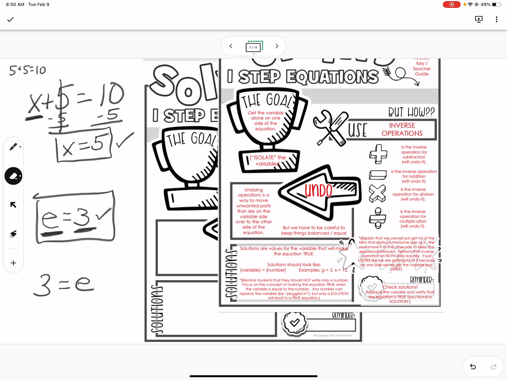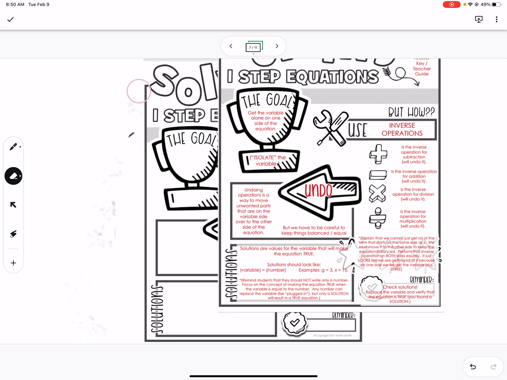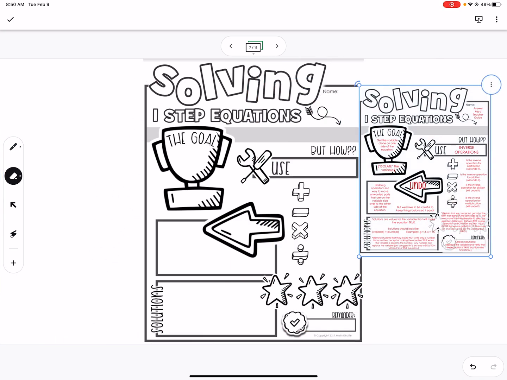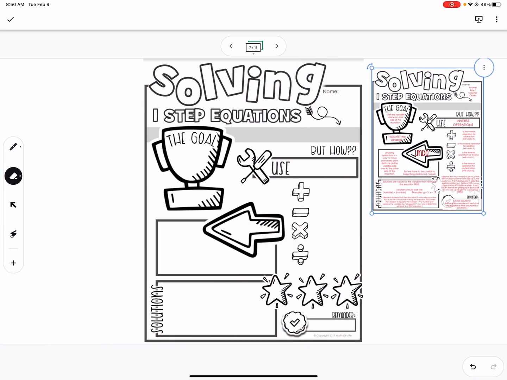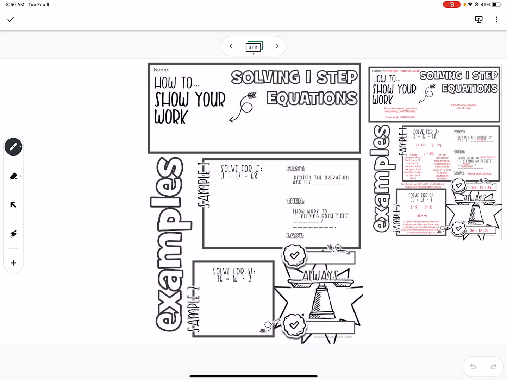So again, you won't see this part right here because I'm going to erase it in case you want to write some notes. But I'm going to pull that back down. Again, this can be moved. Can move this. Can zoom in on it. So it's up to you if you're wanting to write in on this actual Jamboard. Okay. Page 8, same thing.